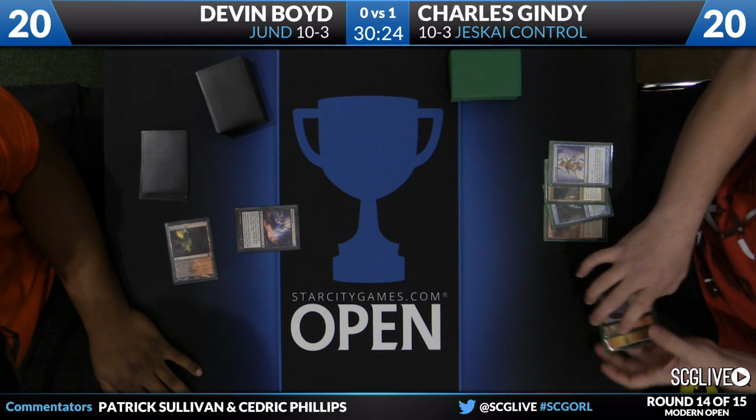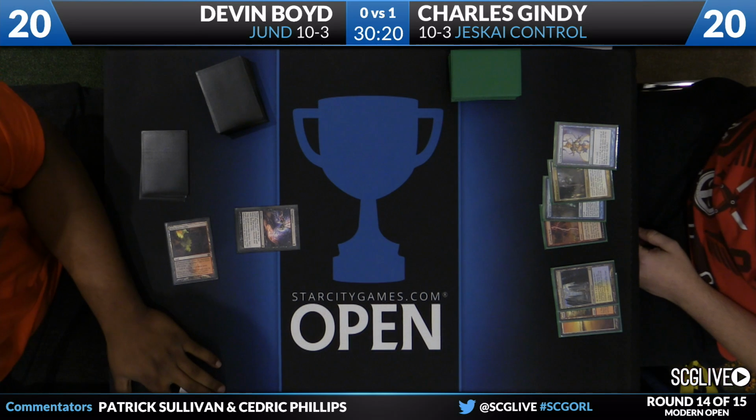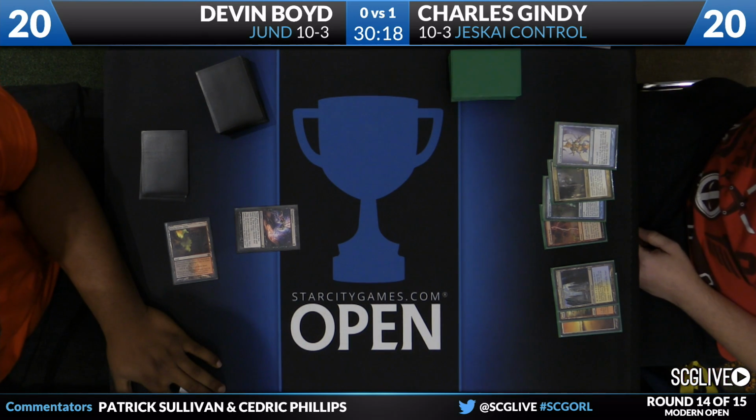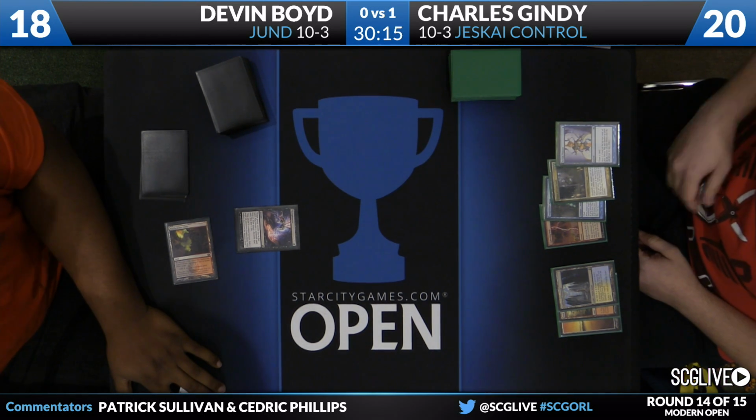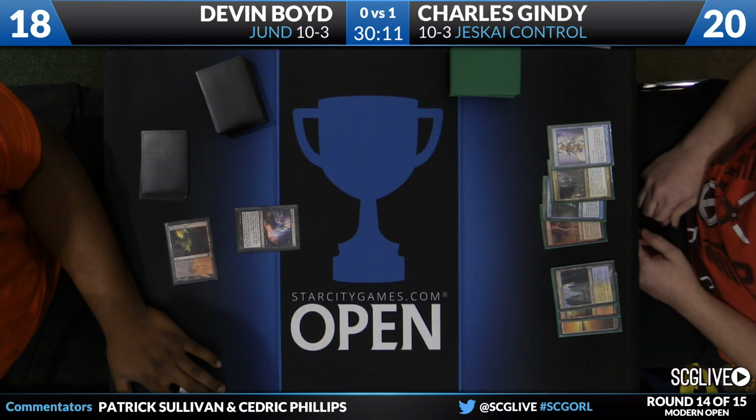Stand by that. Gindy's got a Thoughtseize being cast on him. Geist of St. Traft, a Serum Visions, a Snapcaster Mage, a Lightning Bolt, and a couple of lands. So he's brought the Geist in. Yeah, was not expecting this again, just for the reasons of Boyd's density of blockers and Liliana the Veil, but